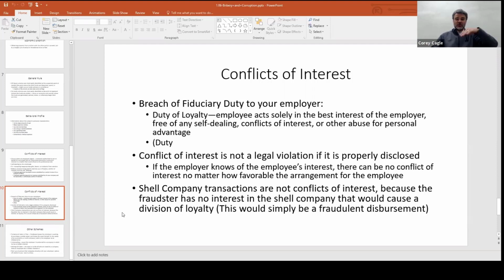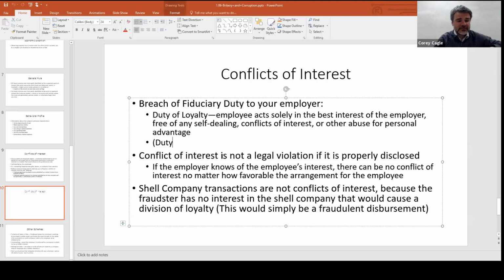You're breaching your fiduciary duty to your employer. You have a duty of loyalty to them, and I started typing once upon a time. Duty of care was where I was going with that other one, I think. But maybe, I don't know why I put a parenthesis around it. I don't know why I did that or when I did that, honestly, but I'll just erase it and pretend like it didn't happen.